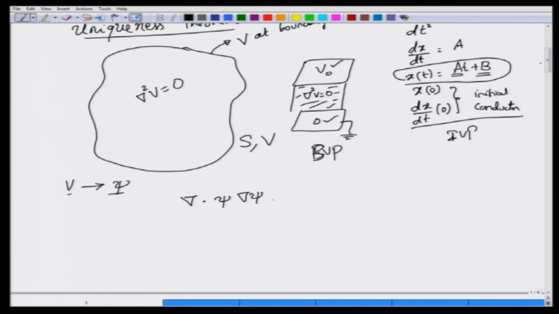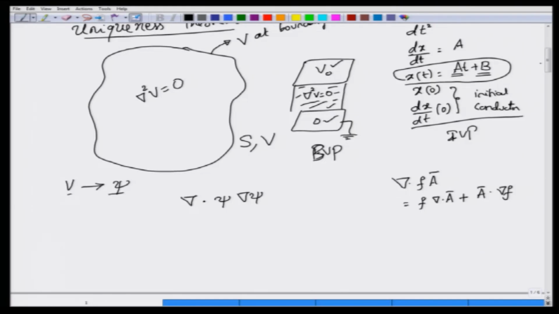So, we have seen this vector identity earlier, right. If you recall, we had a scalar function f and a vector field A. If you multiply the scalar function with a vector field, you still end up with a vector field, and del dot of f A, the divergence of this quantity, is given by f del dot A plus A dot gradient of f, because the gradient of f gives you a vector field. When you dot that with A, you will get a scalar, and everything else is a scalar now. So, this is the vector identity that we are going to use in this context.